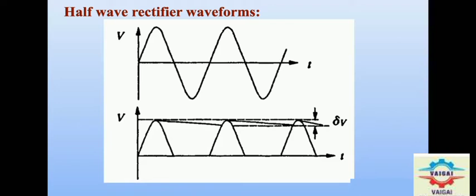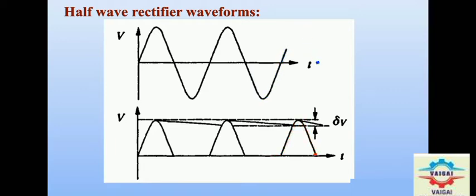The wave symbol represents the waveform across load resistance. The line symbol represents the voltage across capacitor. The del V is the voltage difference. It is the positive half cycle voltage. During negative half cycle, diode does not conduct. And again during the positive half cycle, diode will conduct. During negative half cycle, diode doesn't conduct. This is the operation of the